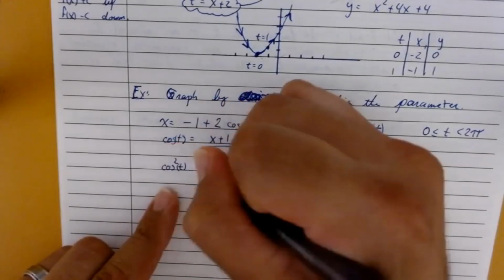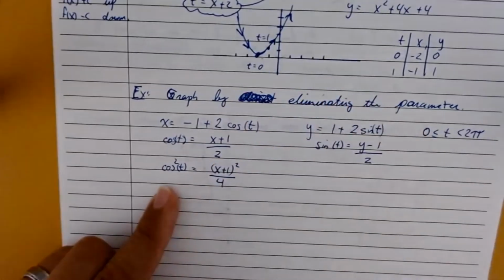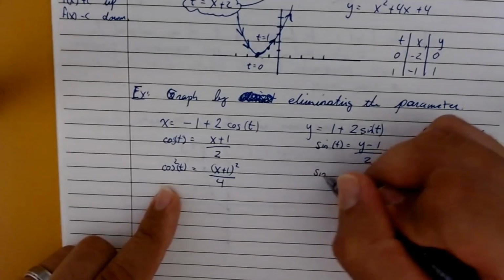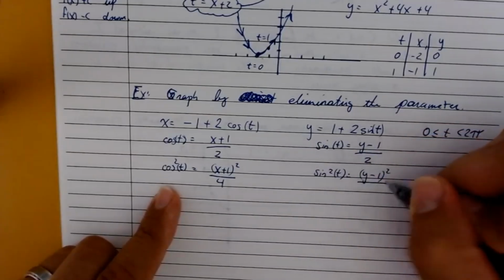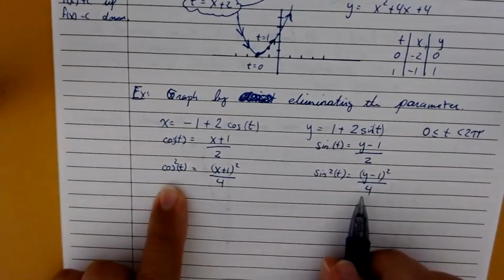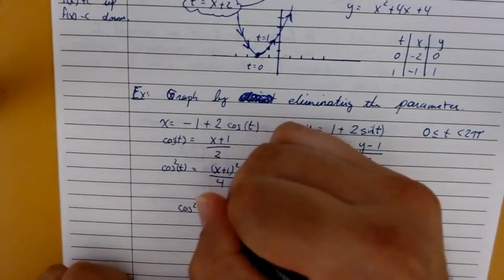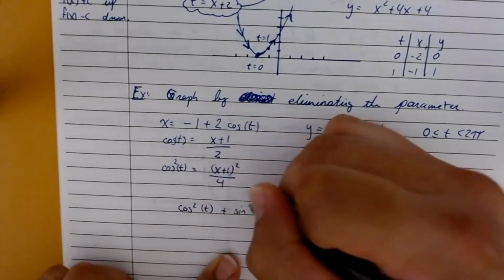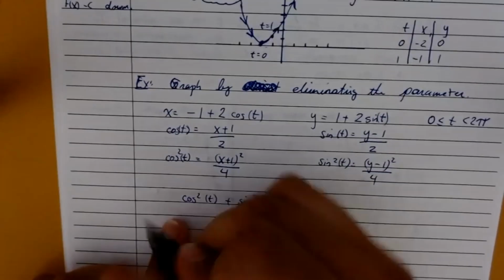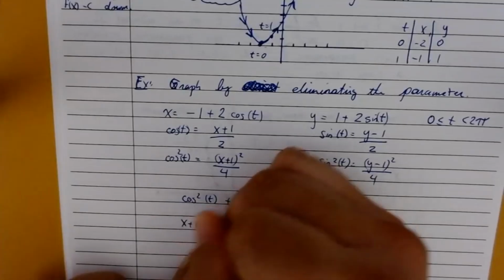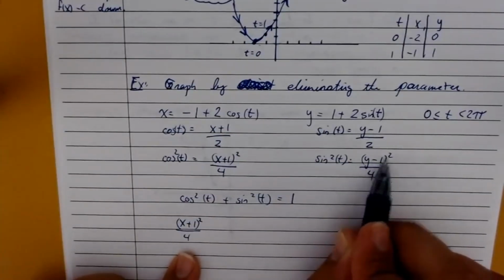Cosine squared of t is equal to (x plus 1) squared over 2 squared, which I'll just write as 4. Over here, I can write sine squared of t is equal to (y minus 1) squared over 2 squared, which again I'll write as 4. But now notice, the Pythagorean identity is that cosine squared of t plus sine squared of t is equal to 1. Oh, but I can replace cosine squared of t with (x plus 1) squared over 4, and I can replace sine squared of t with (y minus 1) squared over 4